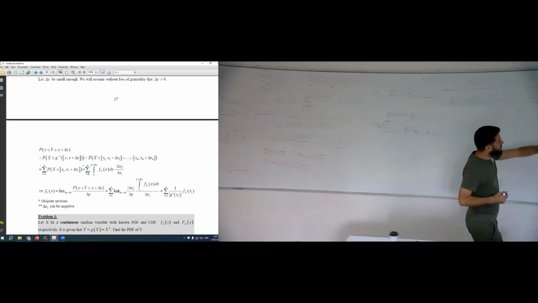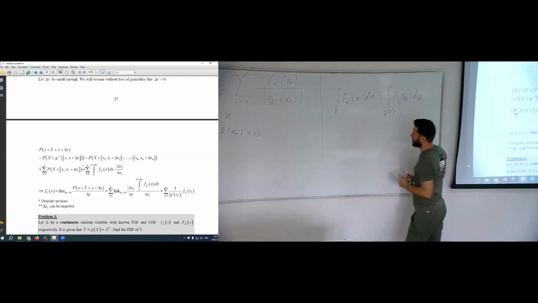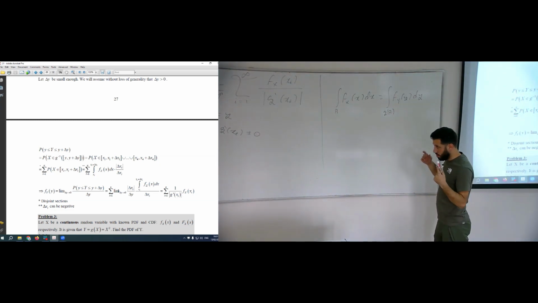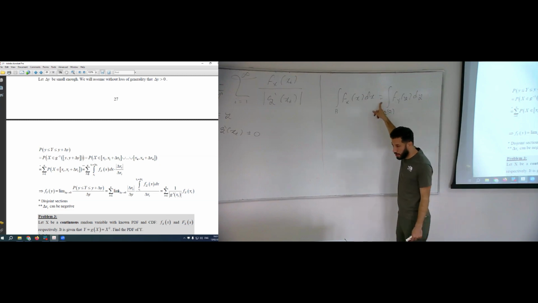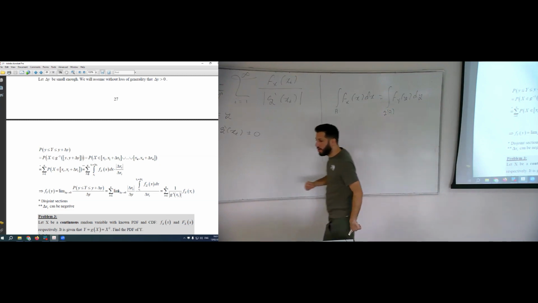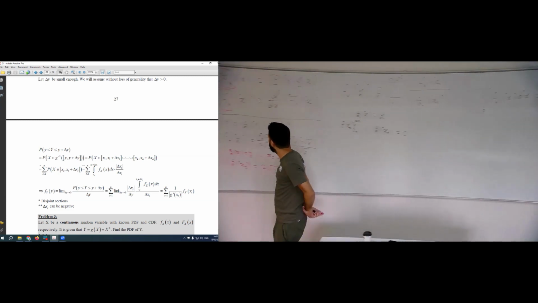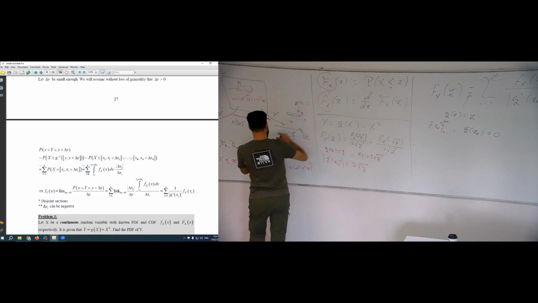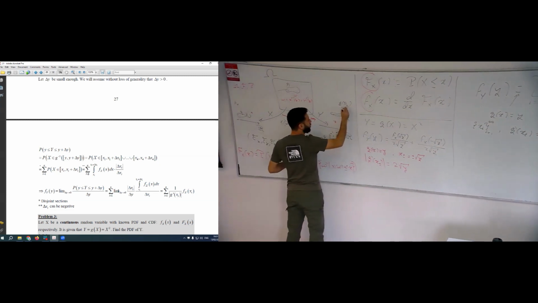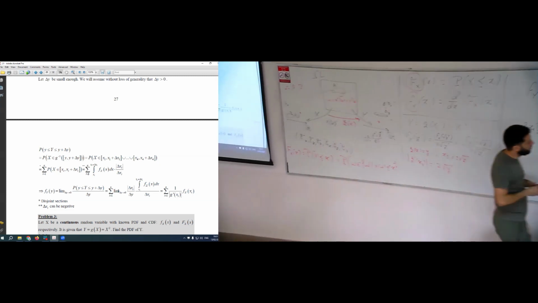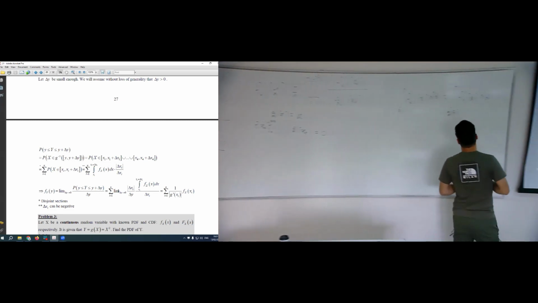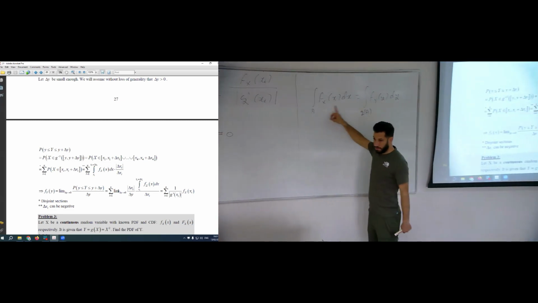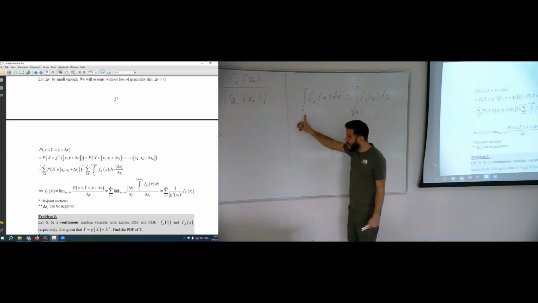So both of these integrals describe the probability of the same event, so they have to be equal. Shouldn't it be zero? Yeah. Thank you. Okay. So because they have to be equal for every a,